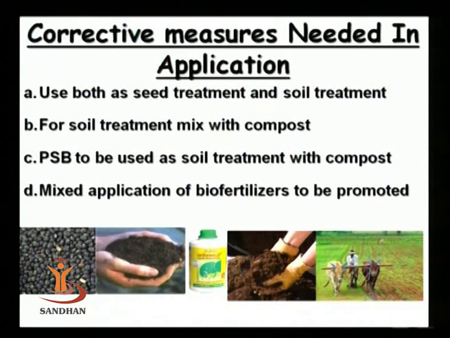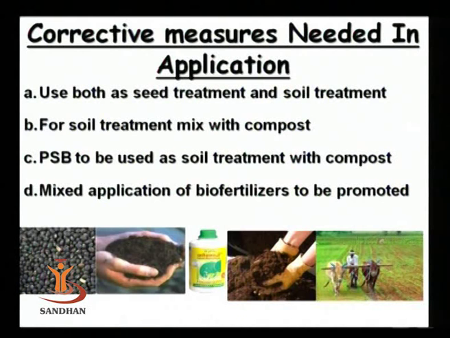Now here these many methods we have discussed. So mainly 4 methods we have discussed: seed application, root and rootlet or seedling application, self inoculation and soil application. But which corrective measures are needed in application? Now sometimes what happens, if we use just one type of method, we can't get maximum benefit. So here there are some proposals given by which we can improve